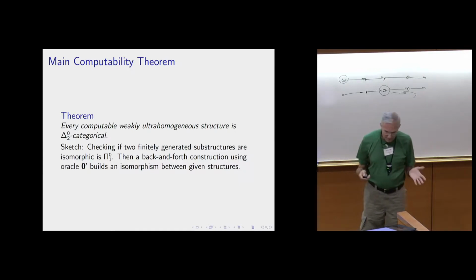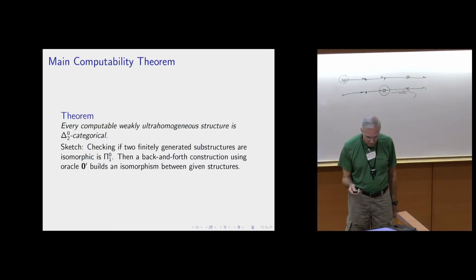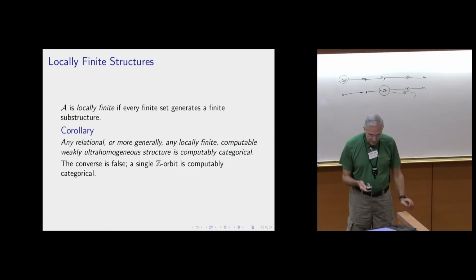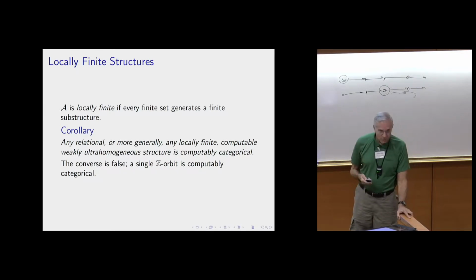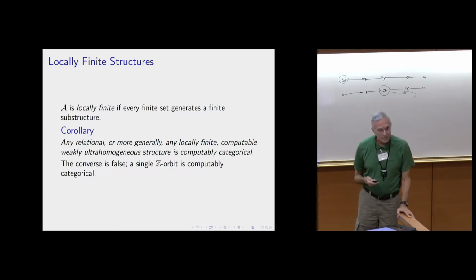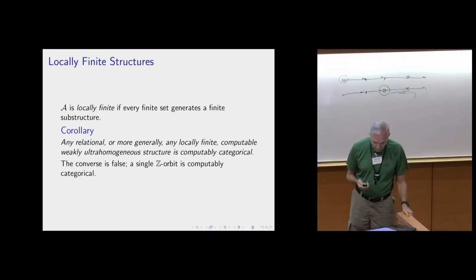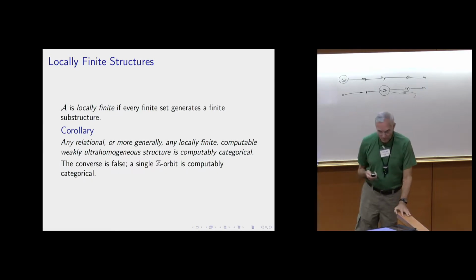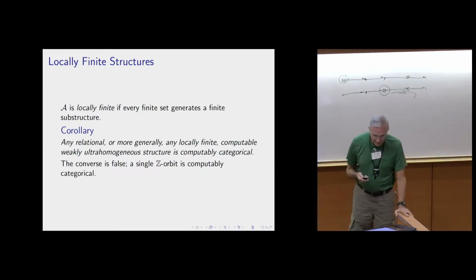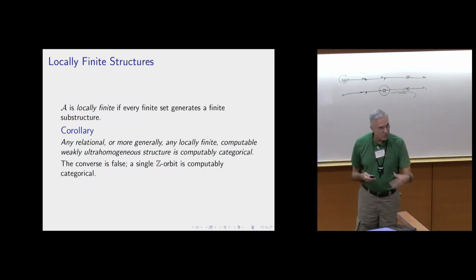In most cases, when we started looking at it, it seemed like it was, in a lot of cases, just the same as computably categorical. So let's look at, in particular, a relational structure, or more generally a locally finite structure, where every finite set would generate a finite substructure. For example, if you have a torsion group, then a finite number of elements, because everything has a finite order, will generate a finite subgroup. So for a structure like that, the argument shows that these would actually be computably categorical, because you close up, you get a finite structure, and you can test whether those are isomorphic.